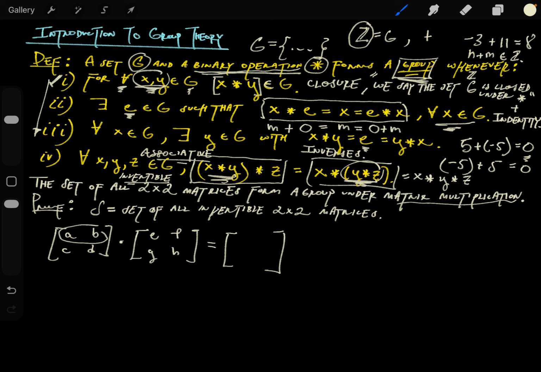I do this times this, right? What do I get? A times E plus B times G, and that would go right here. Then you would do this times this, and you would get the element for here, and then you would do this with this one, and you would get the element for right here, and then you would do this with this one, and you'd get the element for right here, and you for sure get another